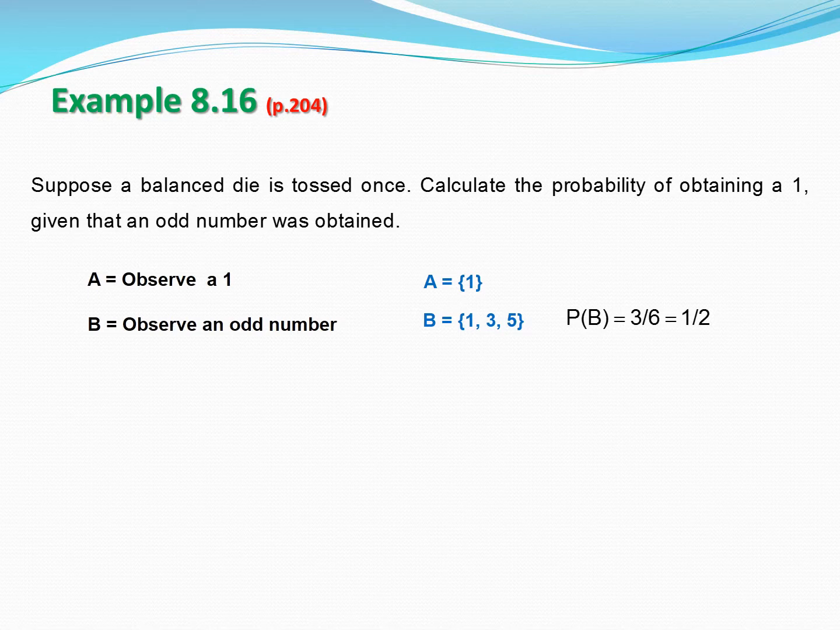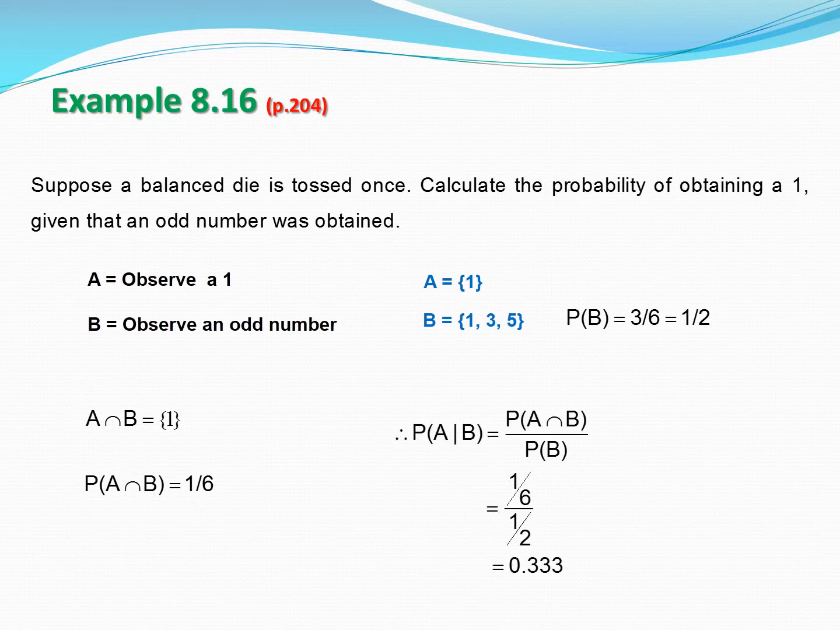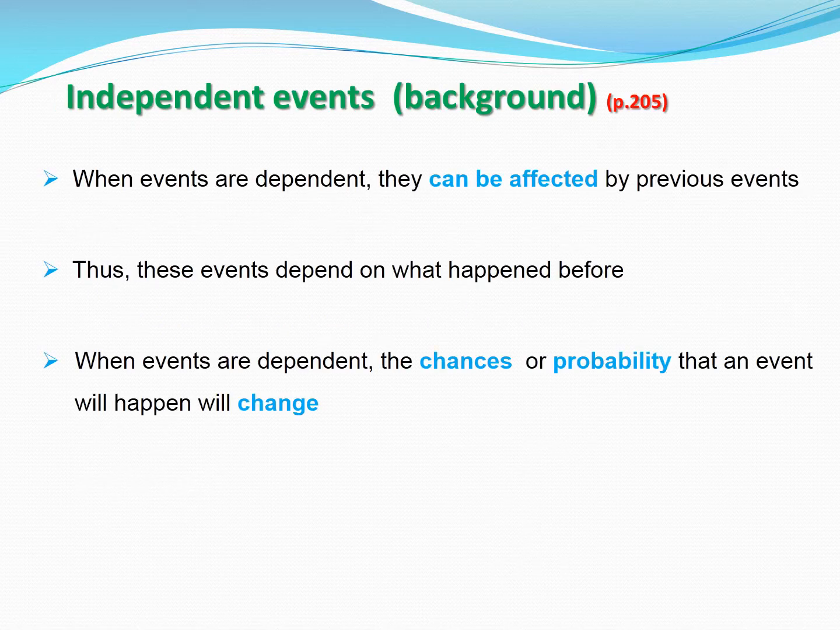And if we look at the intersection of A and B, they have one outcome in common, which is a 1. So the probability of A and B will be 1 over 6. Then our conditional probability of A given B will be 1 over 6 divided by a half, so the probability will be 0.333. Before we look at the formulas for independent events, let's just look at a bit of background